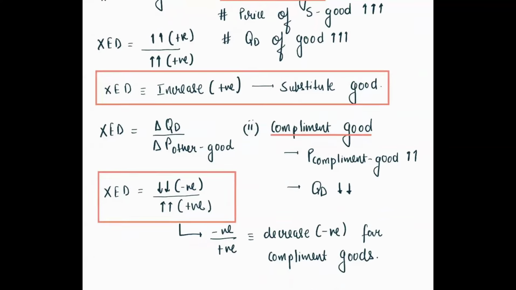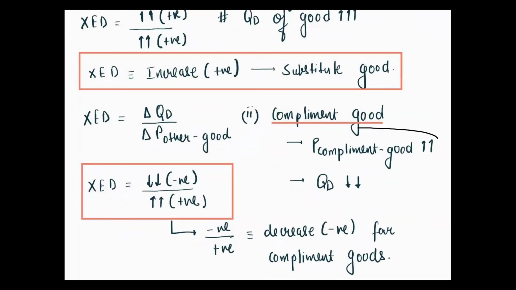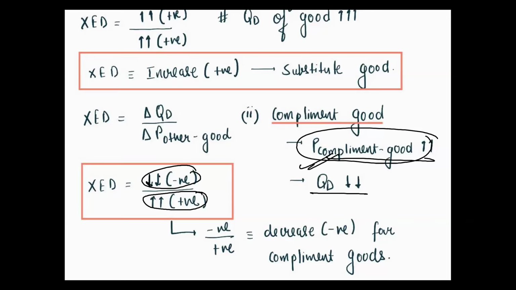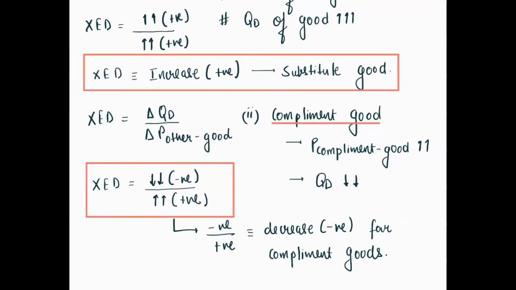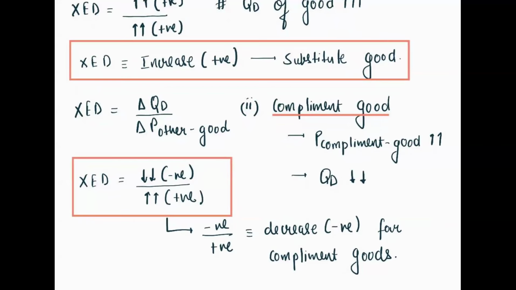Similarly, for example of cross elasticity of demand for a complement good, if you remember, when the price of a complement good was increasing, if the Kindle's price increased, we would demand less, and then we would reduce the demand for ebooks. If the price of a complement good decreases, then we were demanding more ebooks. So similarly in this case of complement good, price is increasing, price is positive, but the demand is decreasing. So what do we indicate decreasing with? Negative. So negative by positive is also a decrease, negative for complement good. So you should remember these two things very clearly.